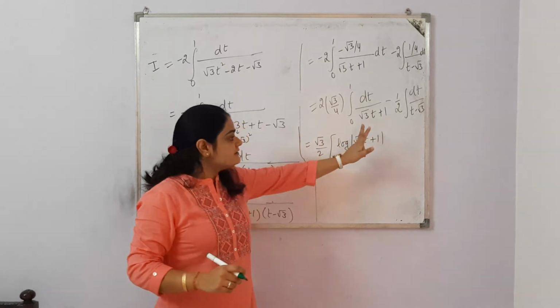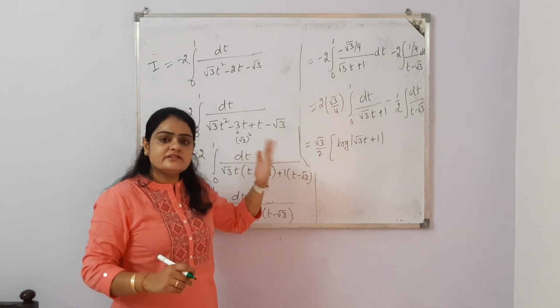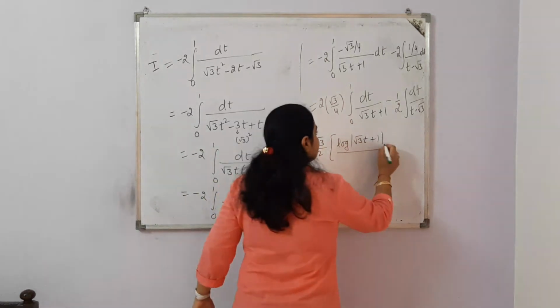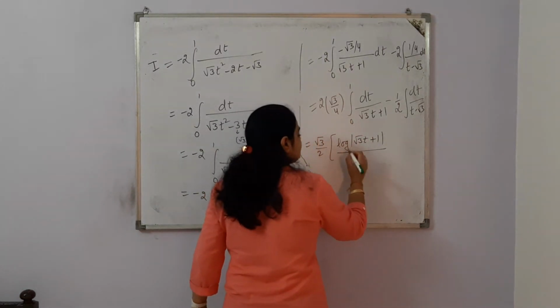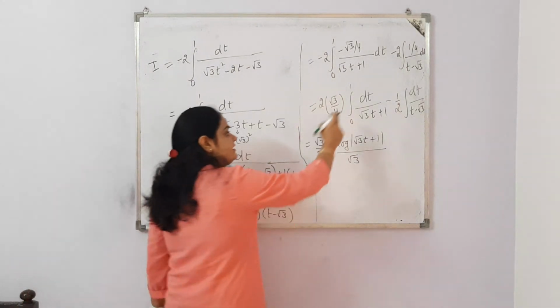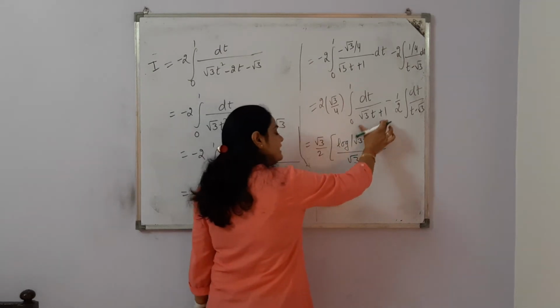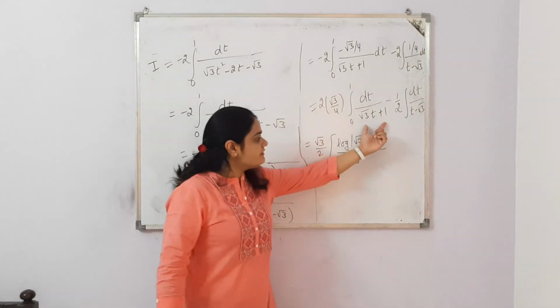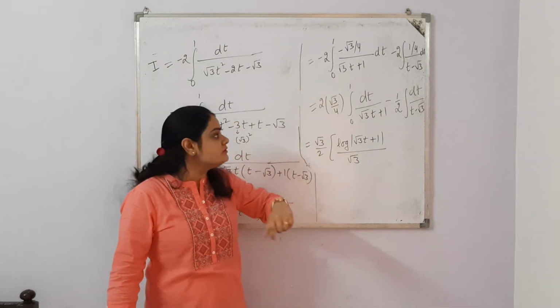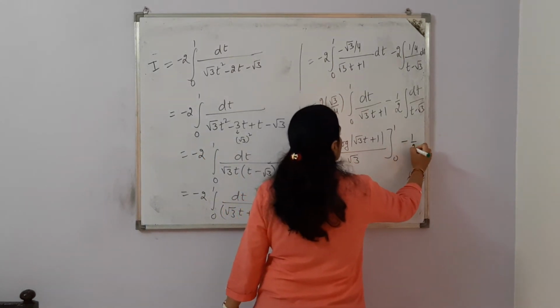First function as it is, first function integrate, and second function onwards differentiate. So we need to differentiate root 3t plus 1. Its differentiation is root 3, which should be in the denominator. So 1 upon x, its integration is log of x, and after that the derivative of this function in the denominator, which is under root 3, and the limits are 0 to 1, minus 1 by 2.